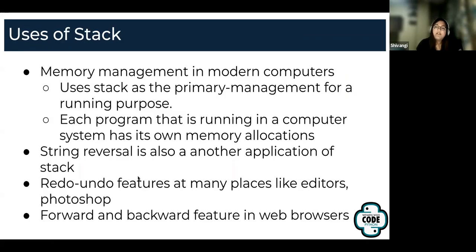Now, we all use undo, redo operations in a lot of editors or even a Word document or anything, right? So how are these features managed? These features are also managed using stack. So basically you do a push and a pop. Even your git stash function essentially is doing this, just pushing stuff to a stack and then you can pop things out from it. And even the forward and backward operation in your web browsers, like navigating through the history, is also done via a stack.